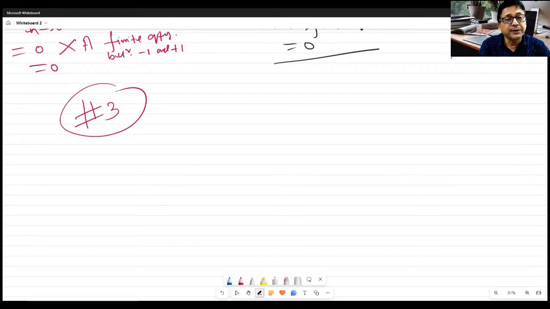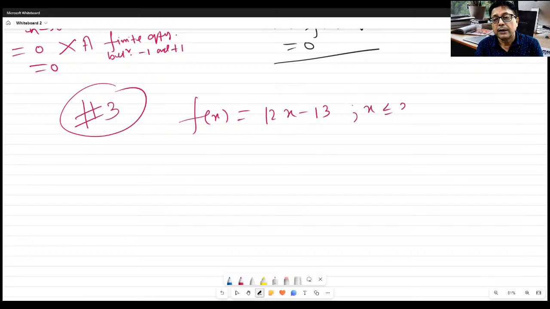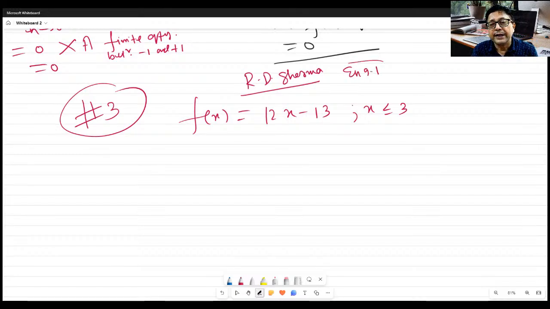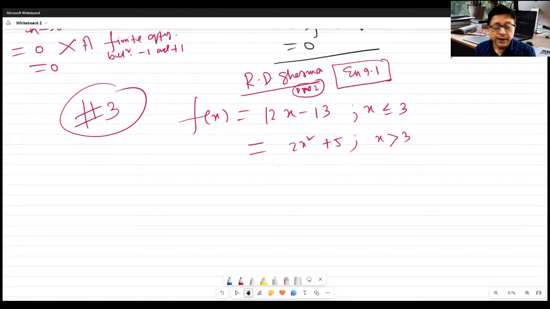Let us take f(x) equal to 12x minus 13. I am taking it from R.D. Sharma, exercise 9.1, sum number 2 here. In R.D. Sharma it is problem number 2. Okay, 12x minus 13, x less than or equal to 3, 2x square plus 5. Today no graphical idea, just analytically how to find,